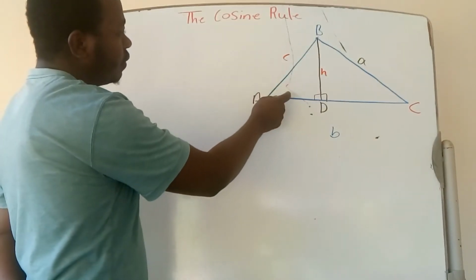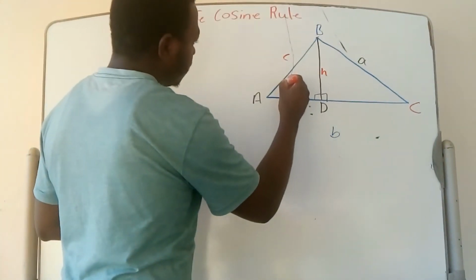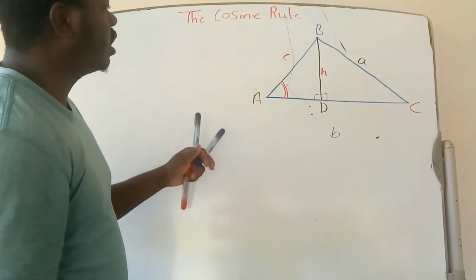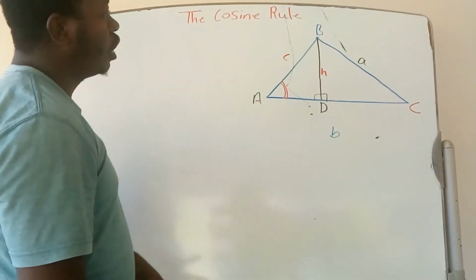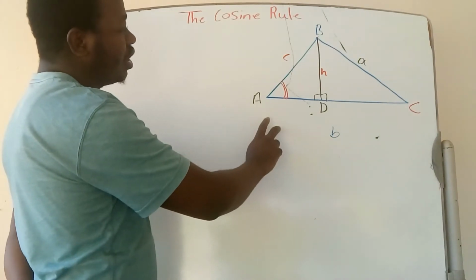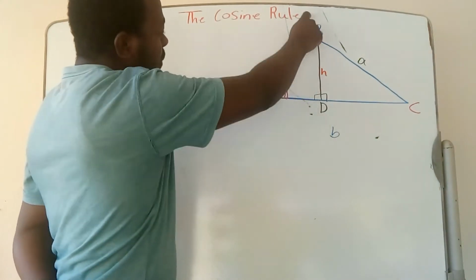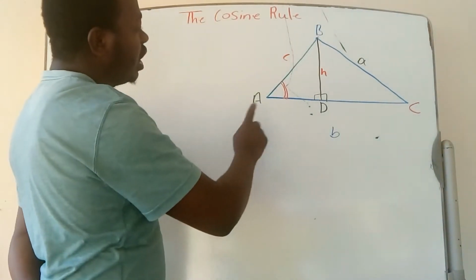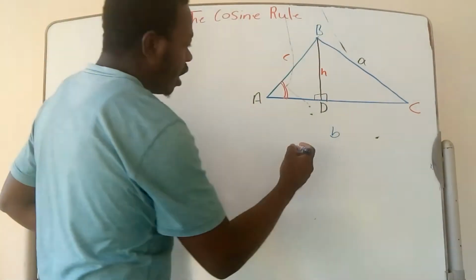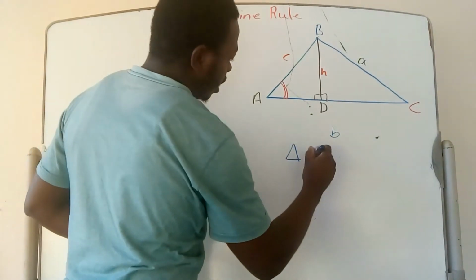Right? So now, since we are talking about cosine, you want to take the cosine of A, which is this angle here. How do you think you would go about taking the cosine of A? Now first, there's two triangles. Well, actually, technically it is three triangles, but you have two right angle triangles, which are ABD and BDC. So you would have to consider the triangle ABD. So, focusing on triangle, and this symbol means triangle, triangle ABD,